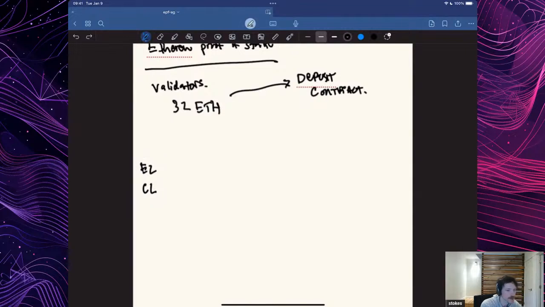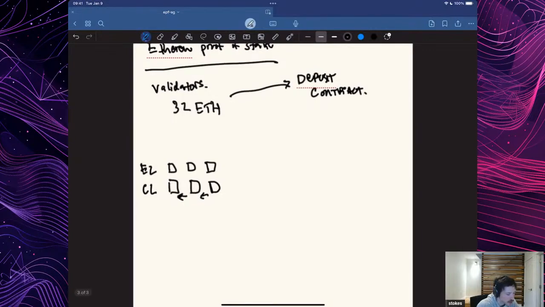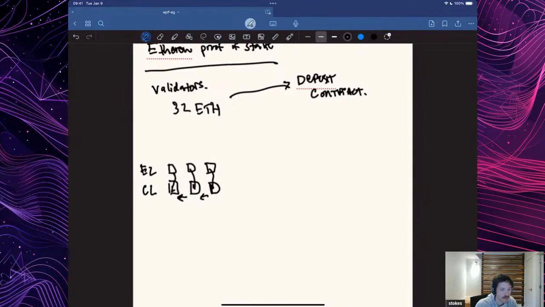So there's a consensus layer, and one way to think about this is that there are almost two different chains here, right? There's the consensus layer that's making consensus blocks, and there's also this execution layer that, in some sense, is also producing blocks. The way this actually works is this execution payload is inside each consensus block. So it's still just one block, but you can think of it as having these two layers. Within the execution layer is where all of our execution state lives. The EVM is running. This is where, for example, the deposit contract lives.